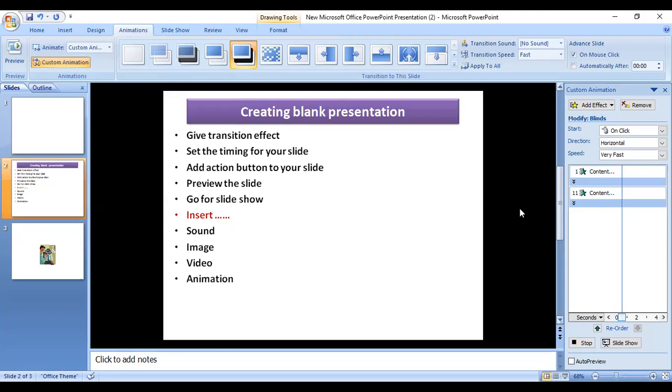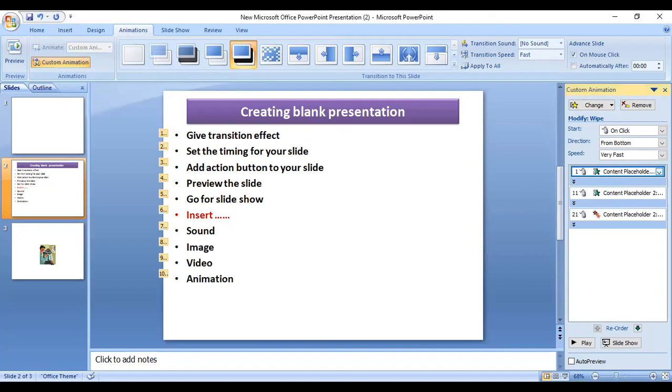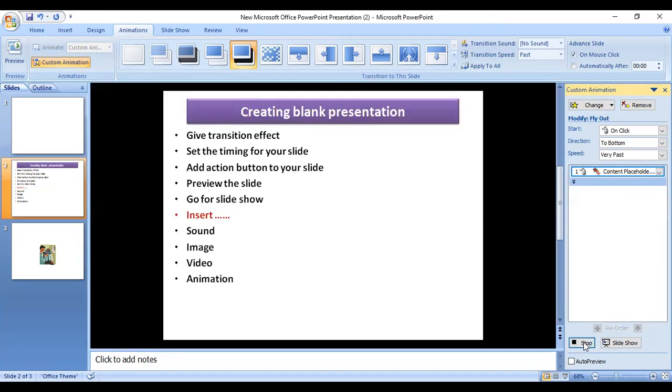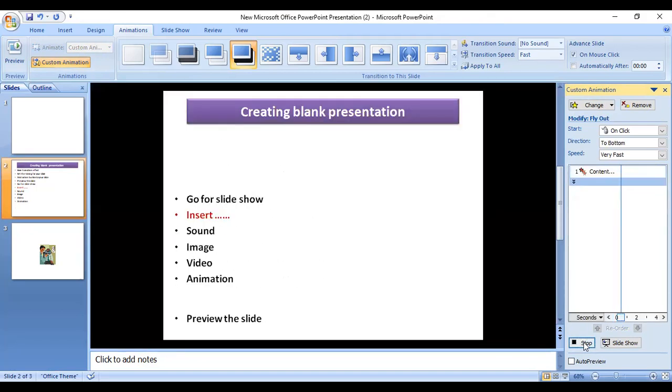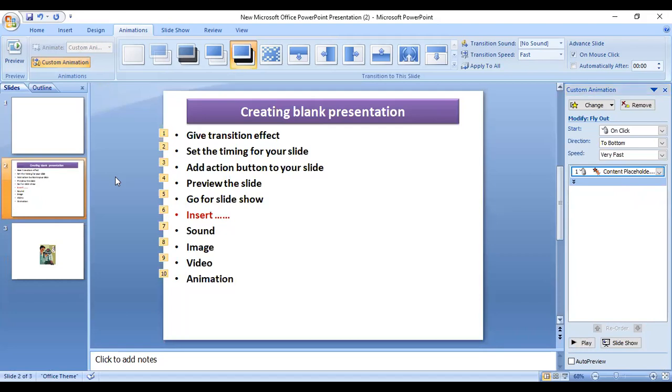Blind effect is there. If you are going to change it, fly out, for example. Now this is the fly out. So animation you can add like this way.